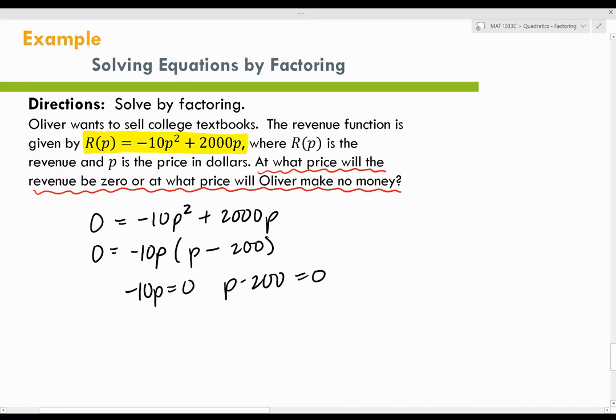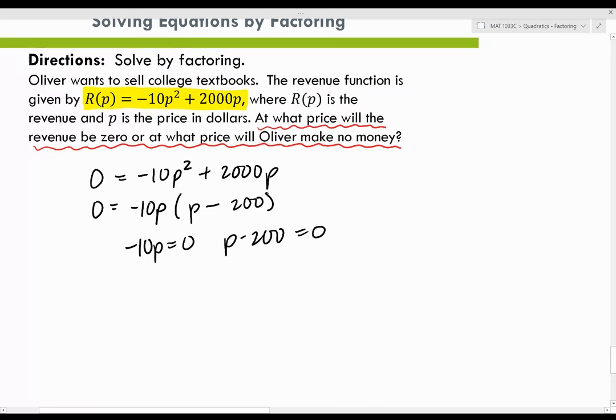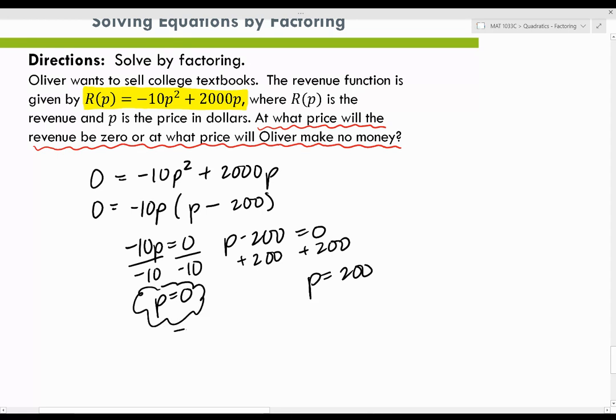Now I can set each one of my factors equal to 0. And I'm going to solve for P. So in the first one, I'm going to divide both sides by negative 10. So P equals 0. And for the second one, I'm going to add 200 to both sides. So P equals 200. Okay. So there's actually two prices at which Oliver can charge and make no money. He can either charge 0, which means that he gives the books away for free, or he could charge $200